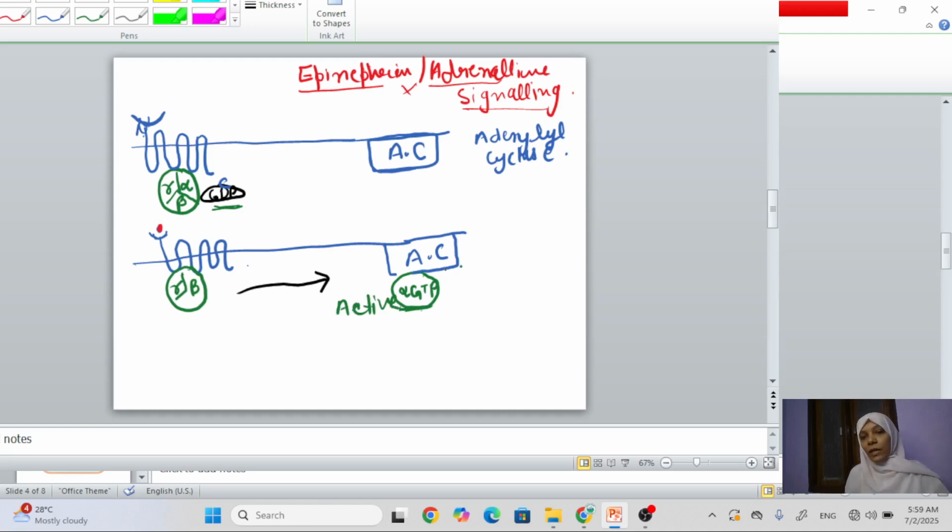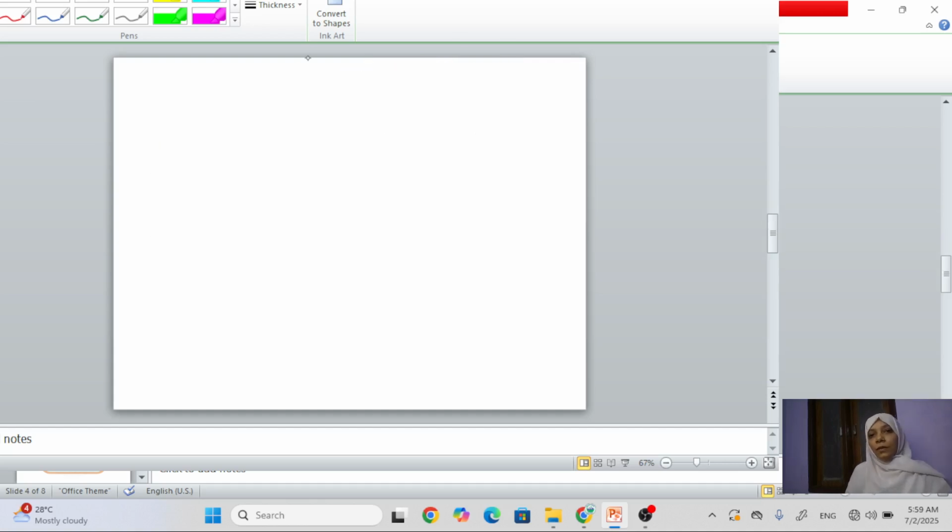Now adenylyl cyclase changes ATP to AMP to cyclic AMP. Okay. This cyclic AMP binds with the PKA subunit. Now, what is the function of PKA? There are two functions. It will go into the nucleus,